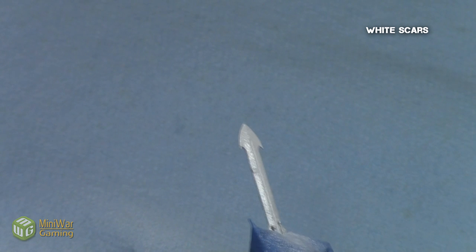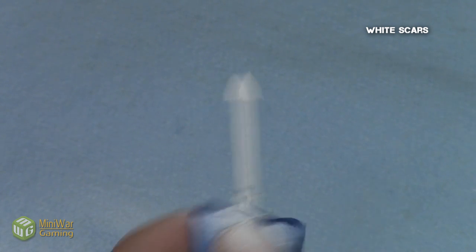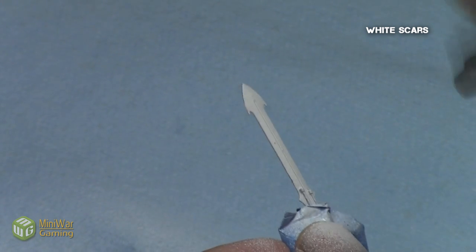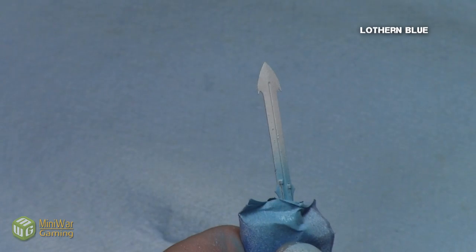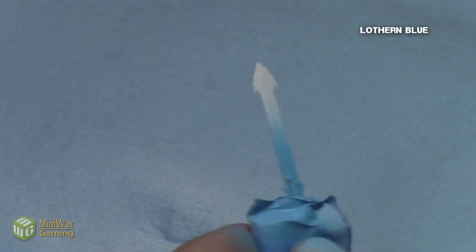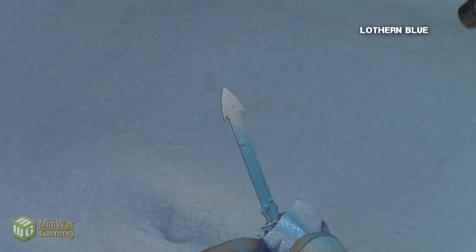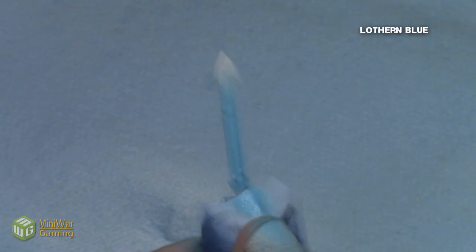For the sword, I decided to do a single gradient because I'm not a big fan of the double gradients with these type of swords with the division in the middle. So using an airbrush, I painted a single gradient along both sides, first with white scar, through Lothern blue, once again just feathering the light blue up towards the white, white at the top, going to darkness at the bottom,